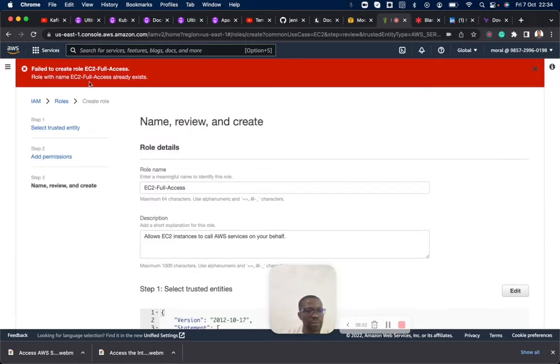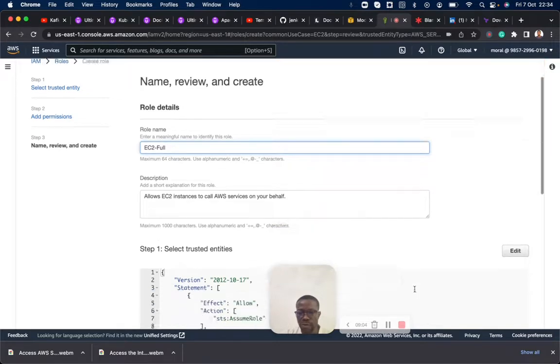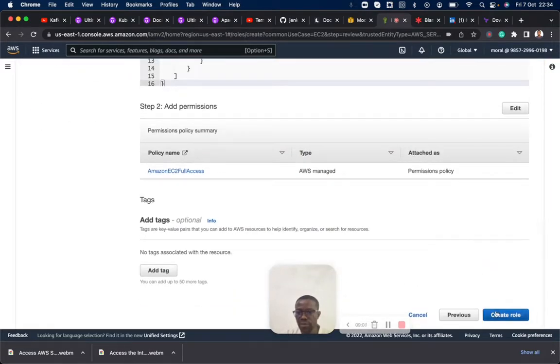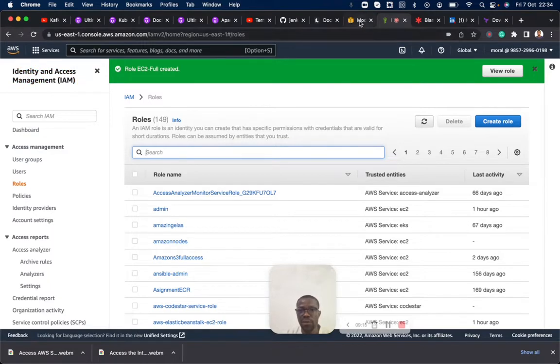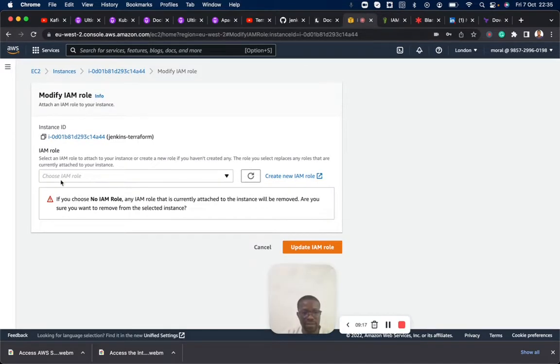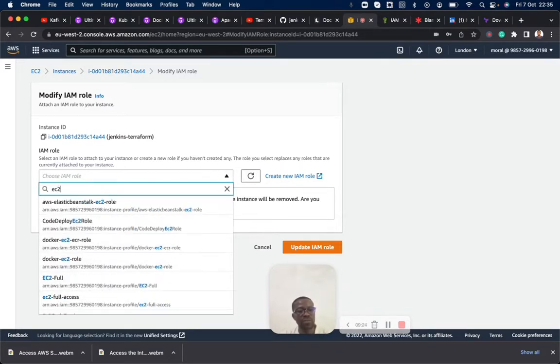Oh, already exists. Okay, let me put full. EC2 full. All right. Okay, so this role is being created. EC2 full. Perfect. So I'll go back to my instance, modify IAM role, refresh this, then I'll look for EC2